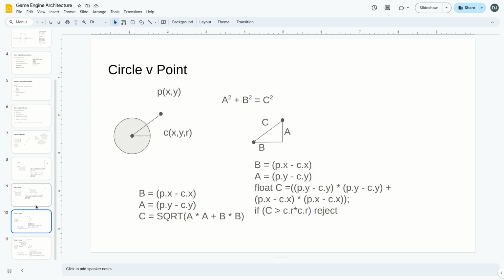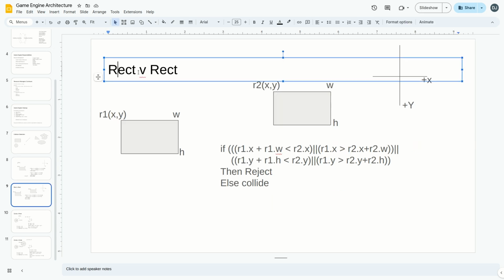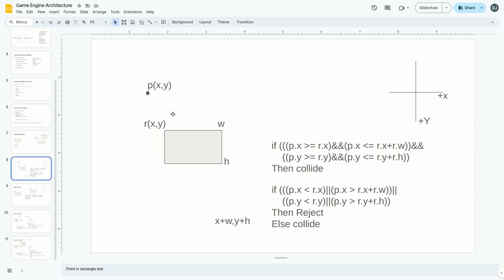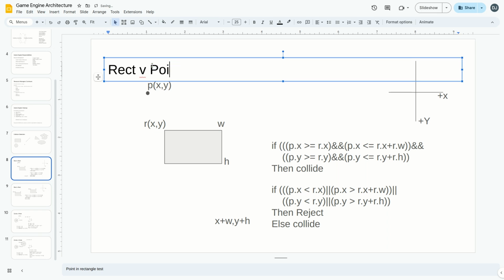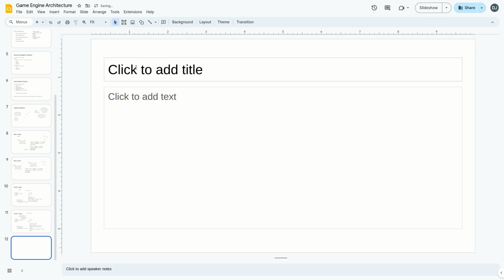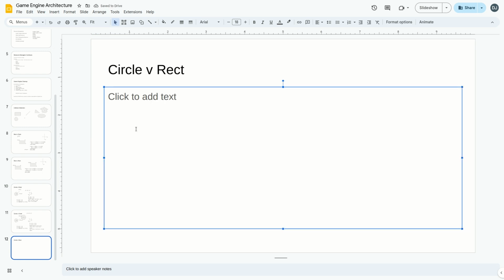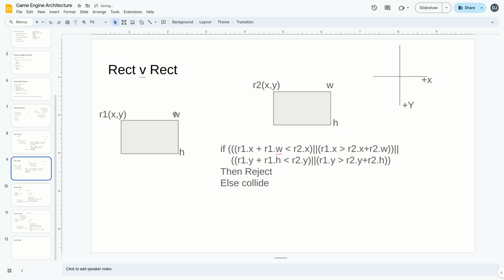On circle versus circle, circle versus point, rect versus rect, and rect versus point collision tests. Let's do a more advanced one. Let's do circle versus rectangle. And this one's going to be a lot more complicated because in here we have